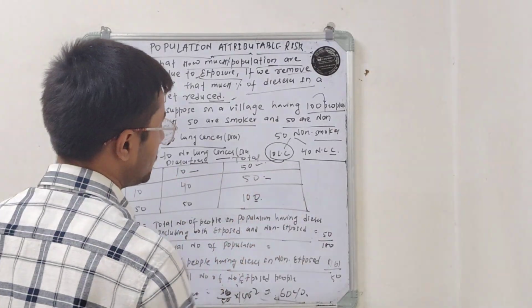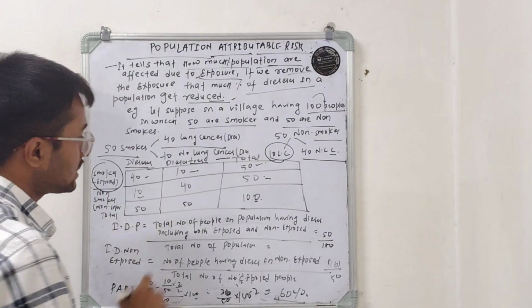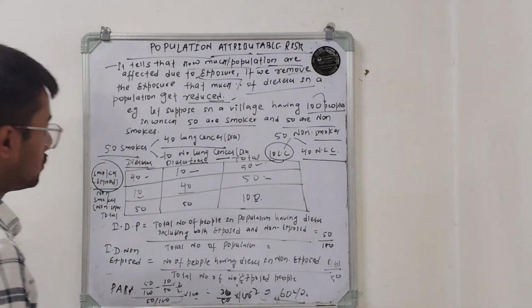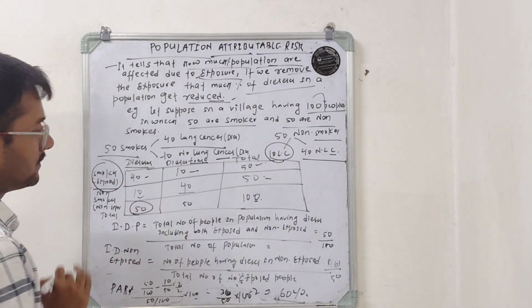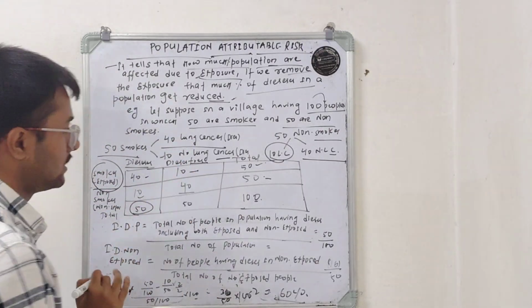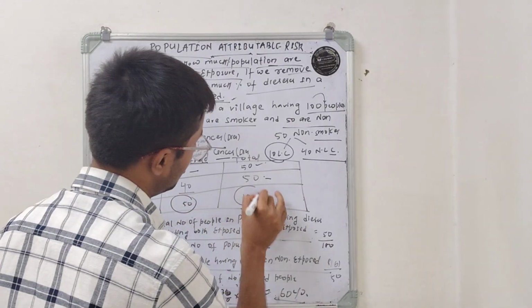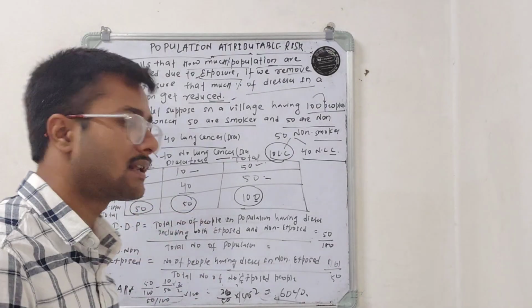Among the non-smokers, 10 have the disease and 40 are disease free. The total number of people having disease and the total with no disease add up to a total population of 100. On this data we try to find